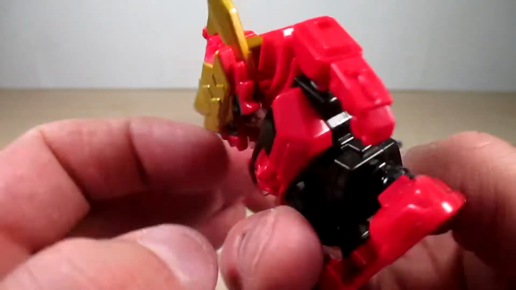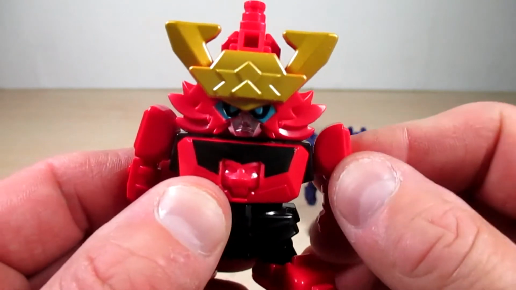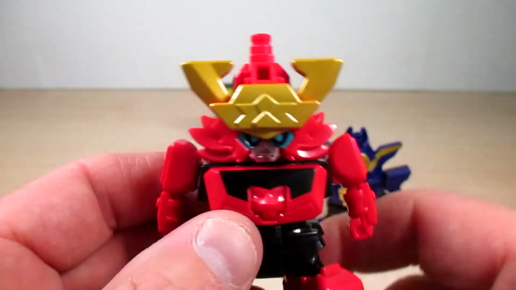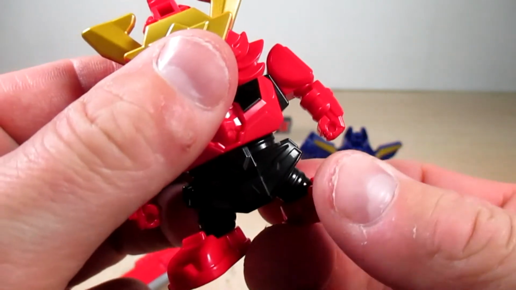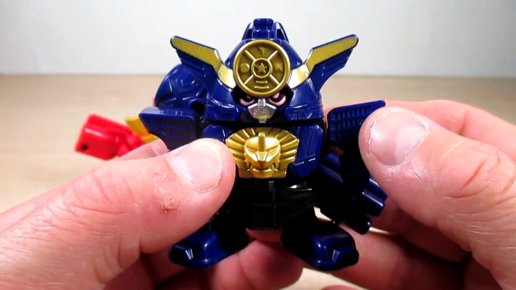But anyway, so articulation, he does have articulation, and pretty much the arms can swivel back and forth, and of course they can move up and down. Sadly, there is no head articulation or leg articulation. And so friends, here is TwoKai Rikki, and his design is based on the Ohranger robot from Rikki Sentai Ohranger,